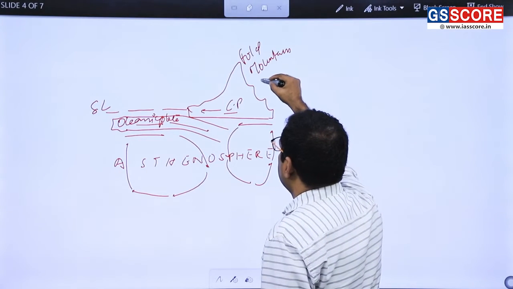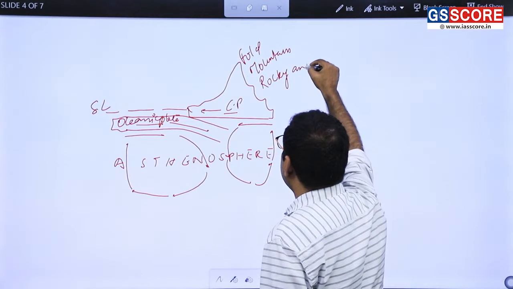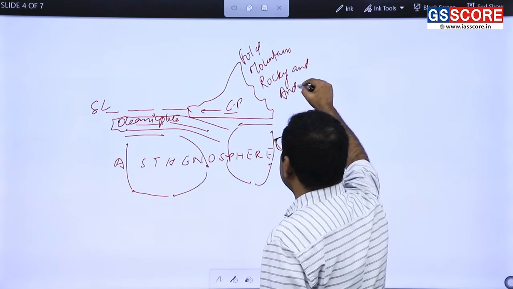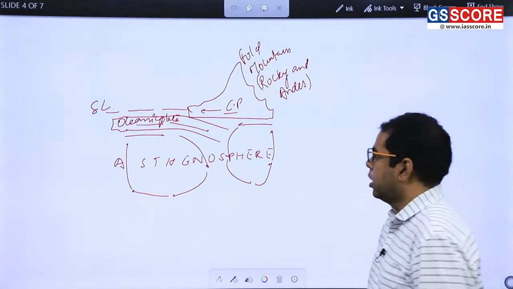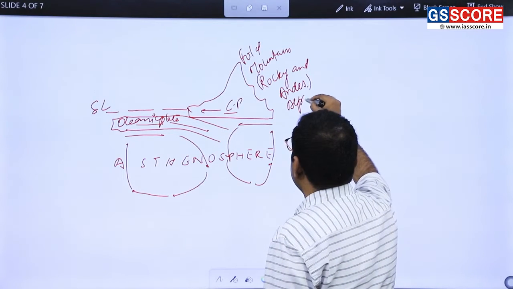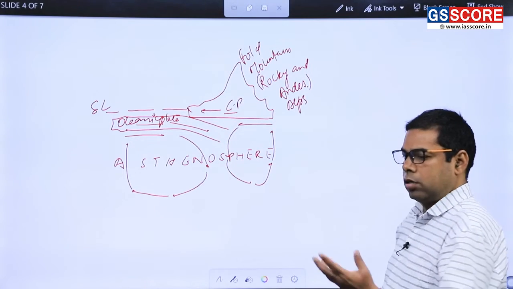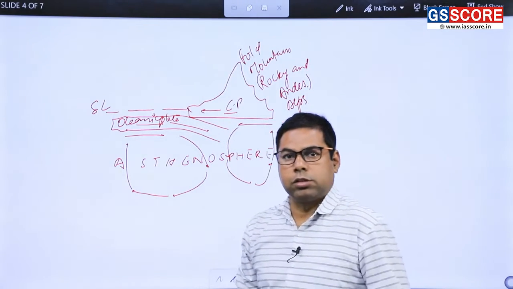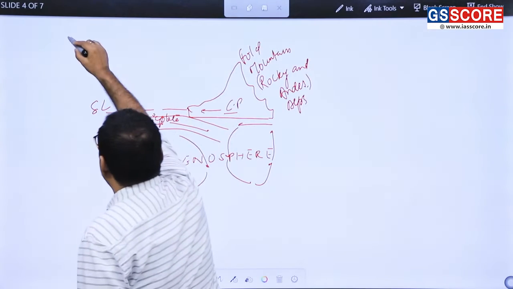So here you can write in brackets Rockies and Andes, right? Similarly, you can also write the Alps system, right? Not Alpine, you can write the Alps system. Then after this, you can go for